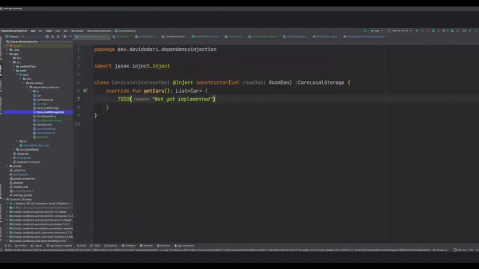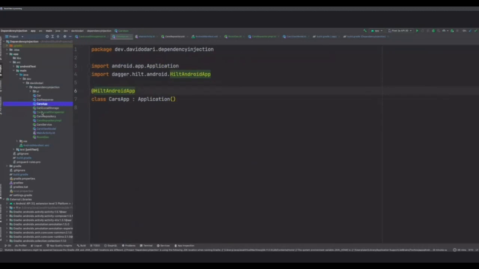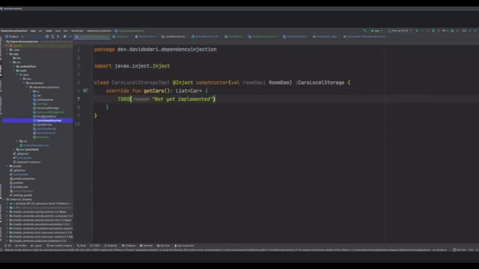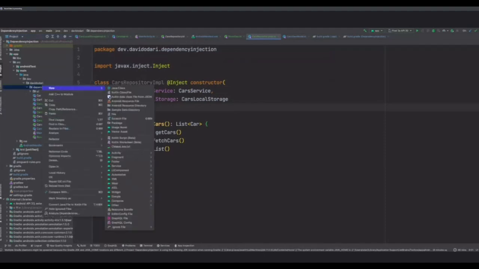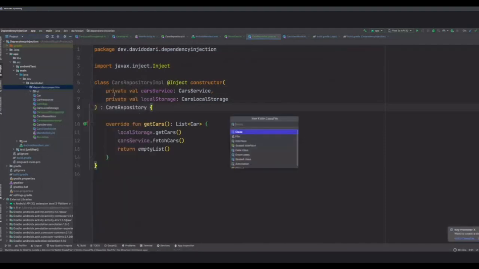And with that done, the other thing that you might then want to do with Hilt is there are things called modules. Let me say module, for example, and this is going to be an object.